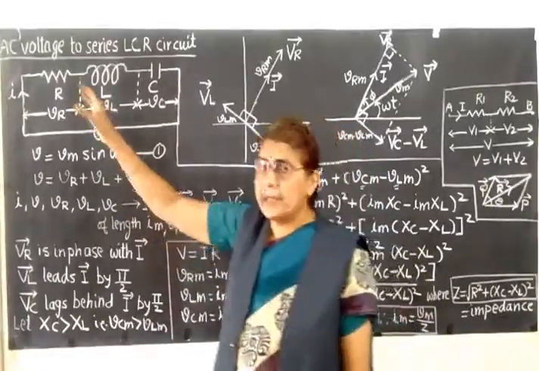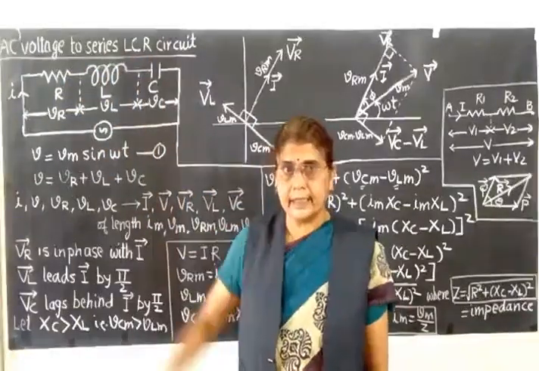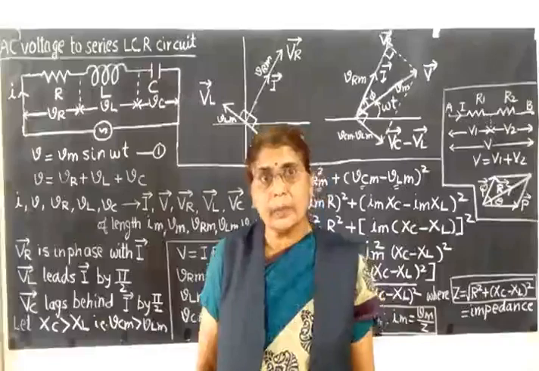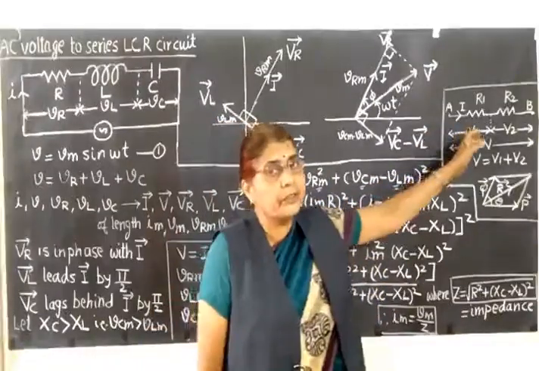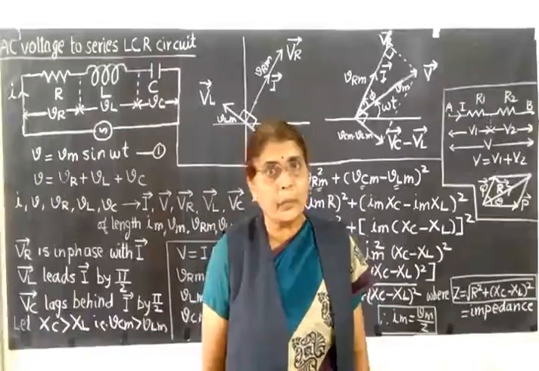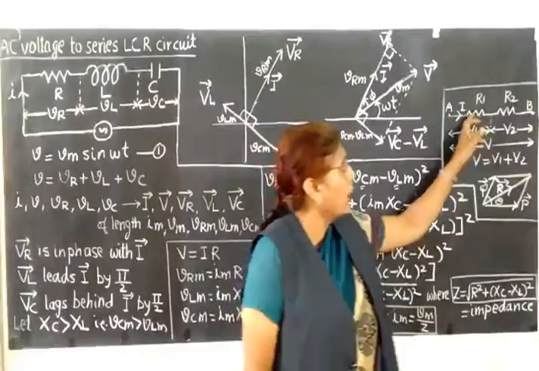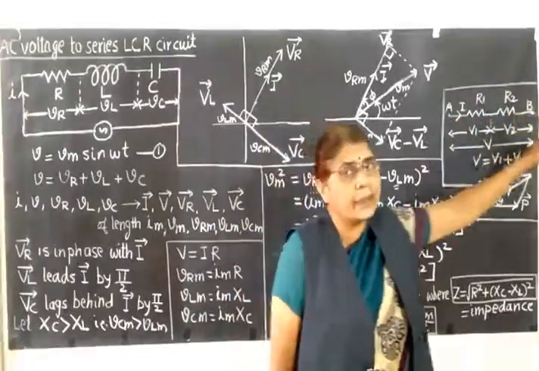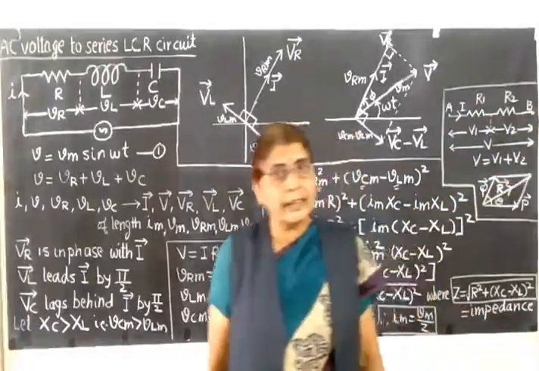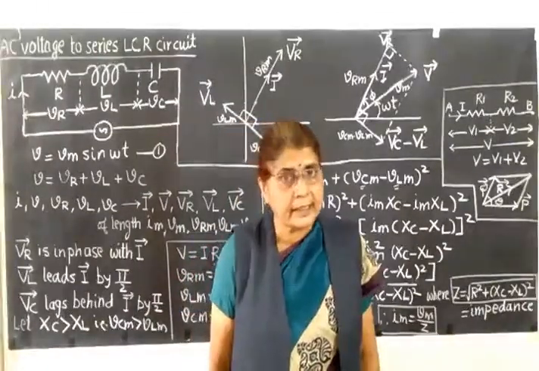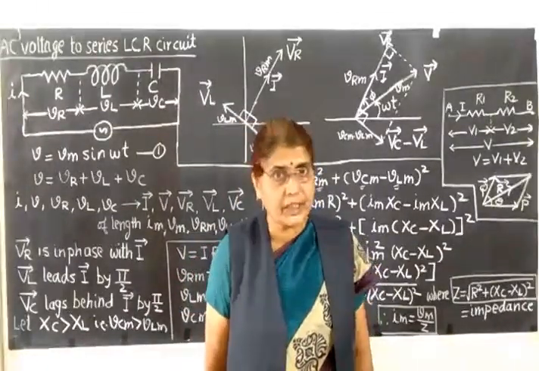Now what happens when the components are connected in series? To understand this, let us revise the series combination of resistors which we had done in the third chapter. There we had studied series combination of two resistors R1 and R2 connected in series between the given points, say A and B. So what we had learnt in the series combination? When you connect two resistors in series, what remains same and what changes?